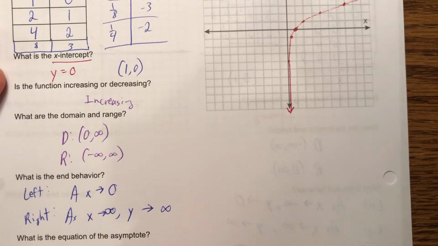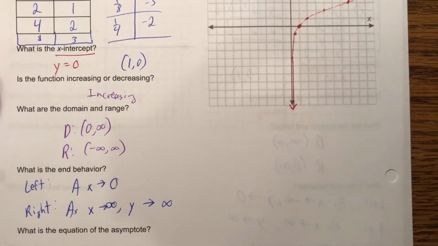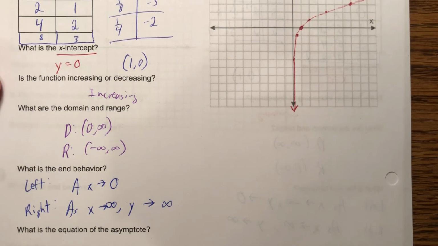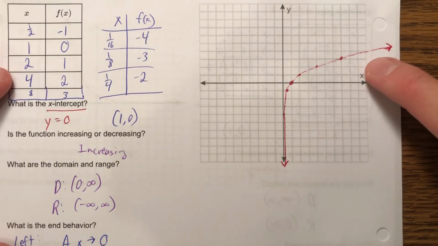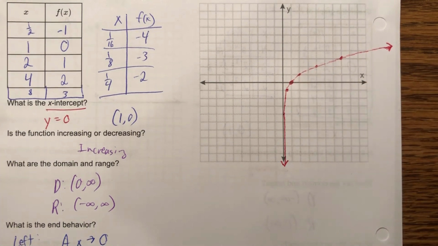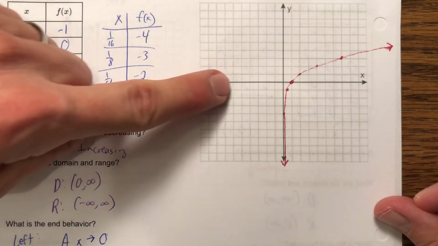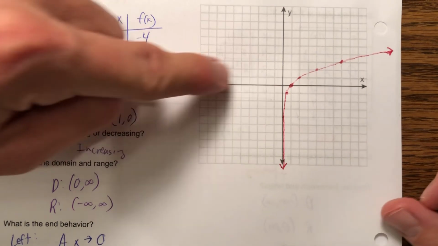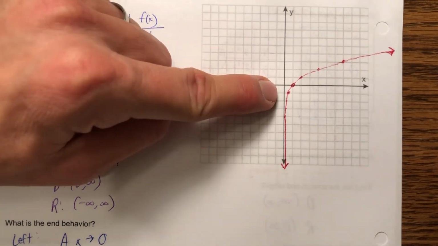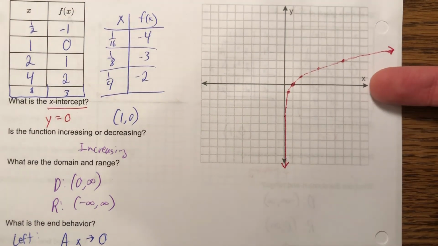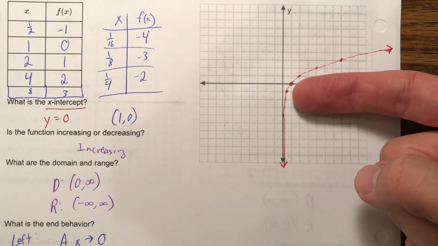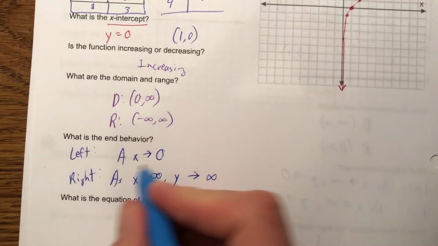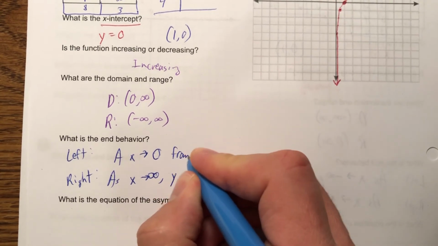So as x approaches 0, but here's the deal. I can't just say x approaches 0. I'm going to say x approaches 0 from the right. Okay, because if I want to approach 0, who's to say I'm not coming at it from this side? But I can't come at it from this side because there's no graph over here. I have no choice but to approach 0 from the right to the left. So as x approaches 0 from the right,